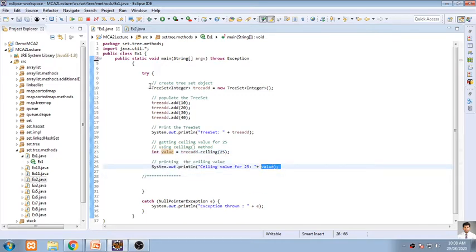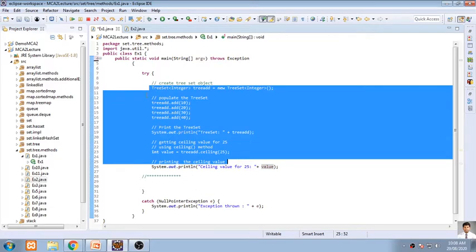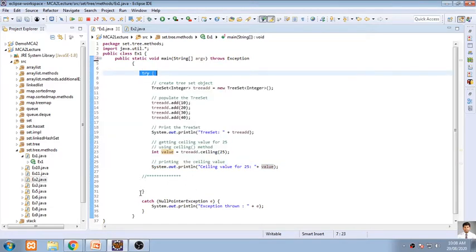And that will be displayed. Whenever we are doing operations like this, it is always preferred to go for a try-catch block. So here I have used try and catch with NullPointerException because it might be possible that we are adding nothing. If I call add and pass a null value here, this may happen, and it will throw an exception called NullPointerException. This is the basic exception thrown by TreeSet.